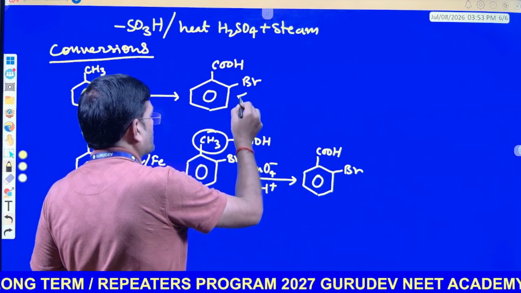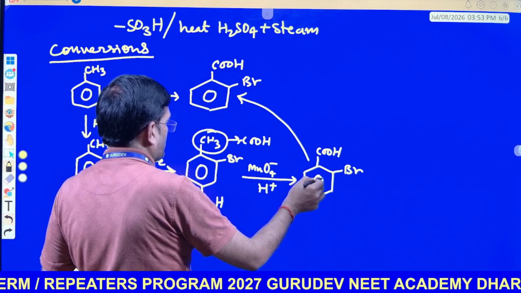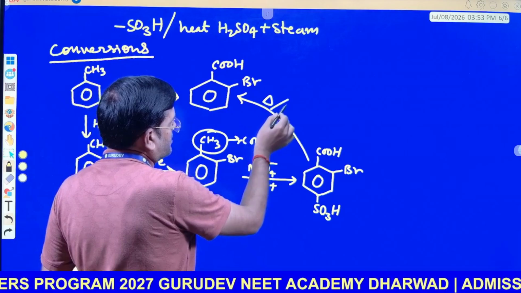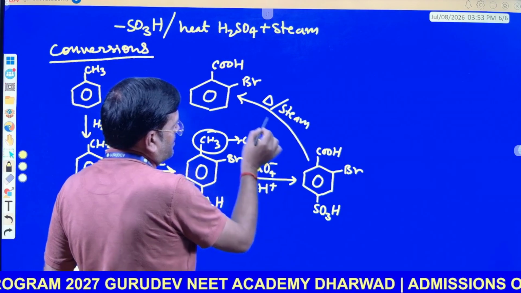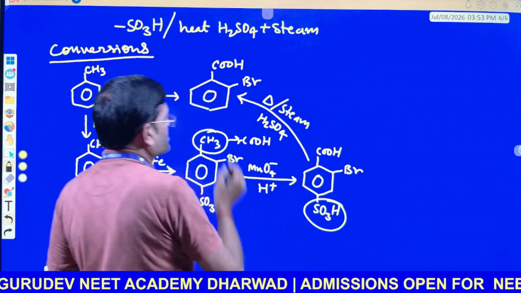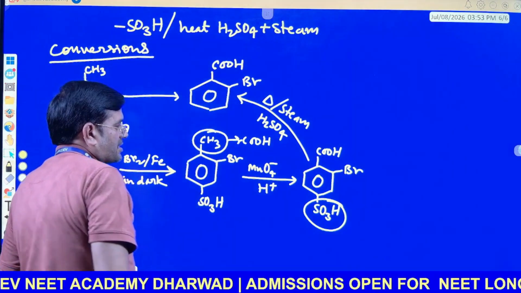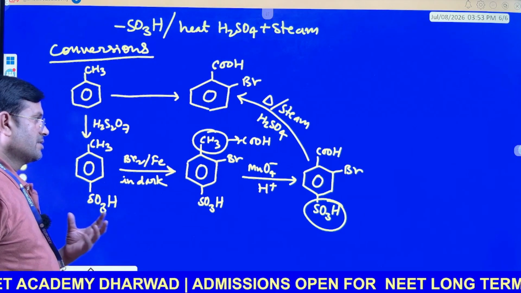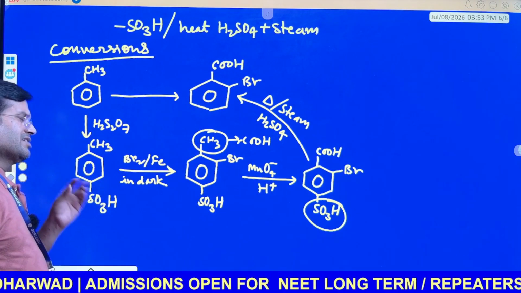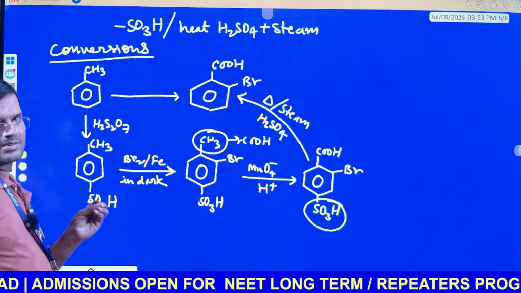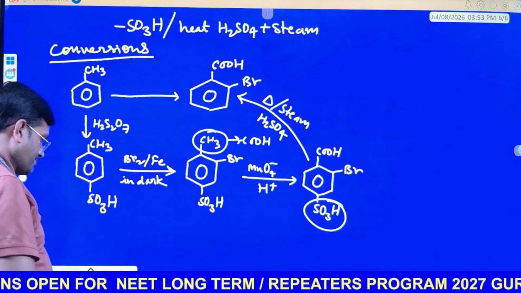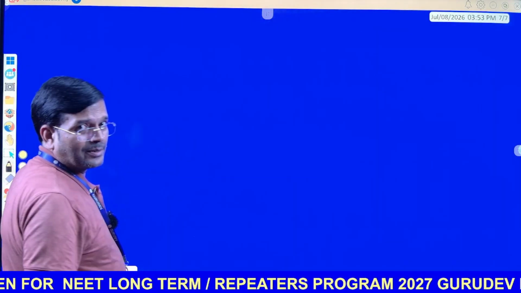Now SO3H, now heat this one with steam and H2SO4, desulfonation will take place, this will be removed from this side and you will have this product, right? So this is the beauty of the directive effect in conversion. This is very very important for JEE Advanced also. Okay, now let us have